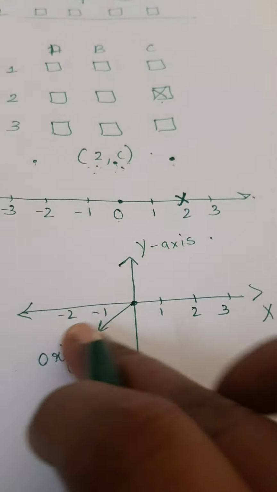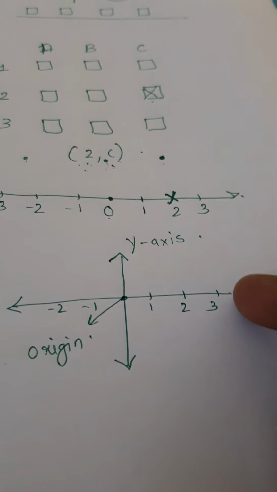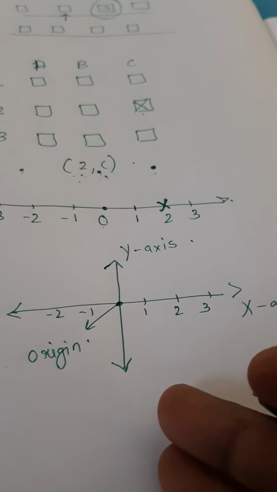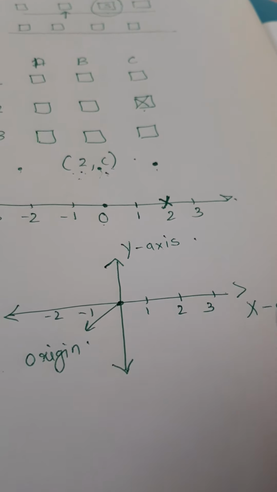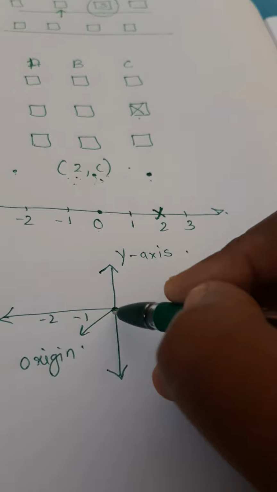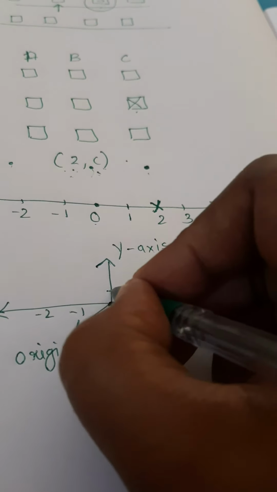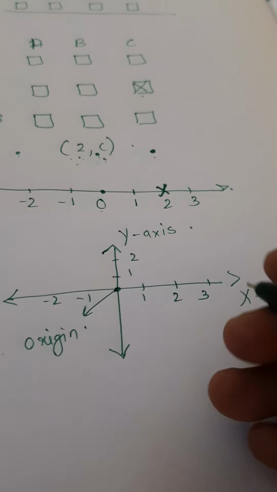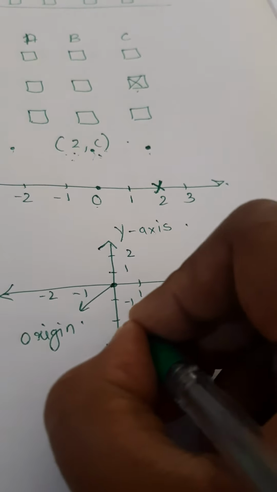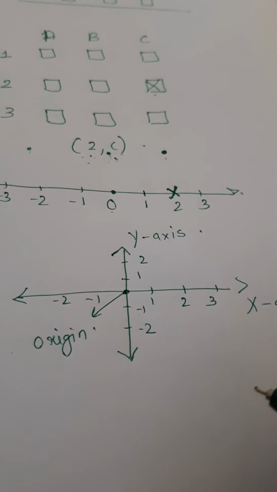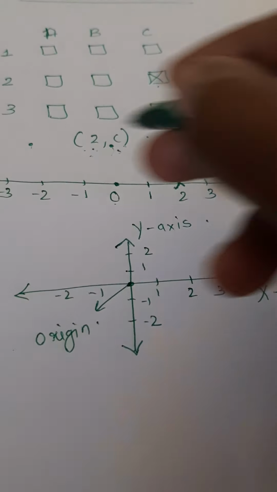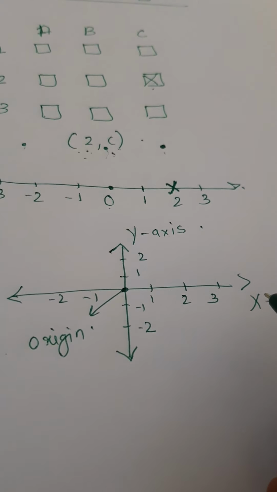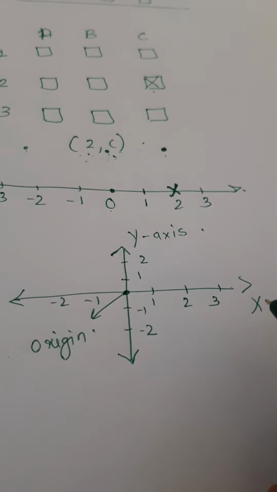If you just look at this x-axis and rotate it counterclockwise, perpendicular to the x-axis, that would be your y-axis. So the points above the origin would be positive ones marked at equal intervals, and the points below the origin will be the negative ones marked at equal intervals. Correct? So this figure you see forms a Cartesian plane or coordinate plane, a 2D plane,